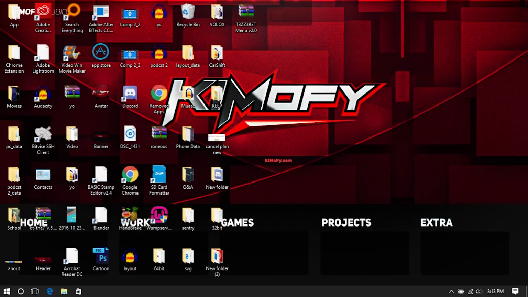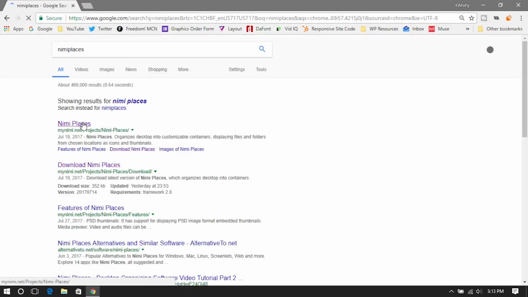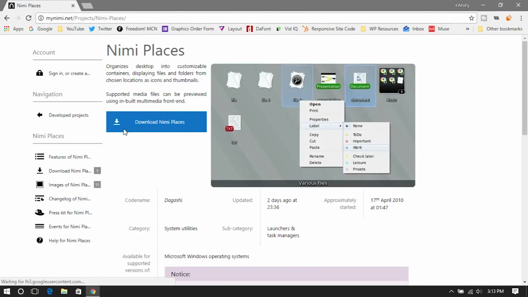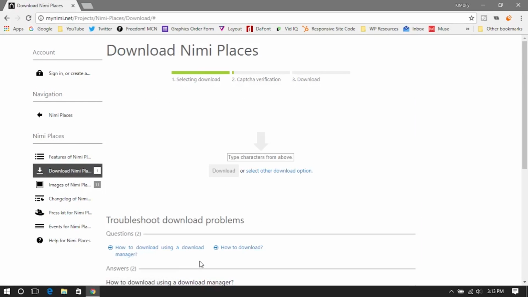So once you have your Windows desktop background set up, what you're going to want to do is head over to your favorite web browser, whatever that may be, open it up, and type in KIMoFy Places in your search bar, and I will have a link to their website down below in the description. It's mykimofy.net, and you're just going to want to hit this blue download KIMoFy Places button and hit download again,